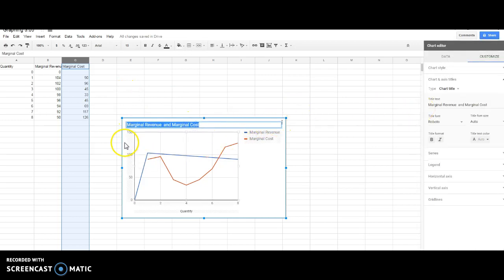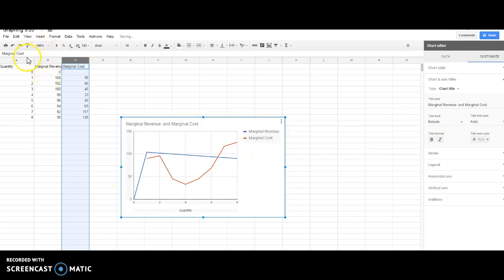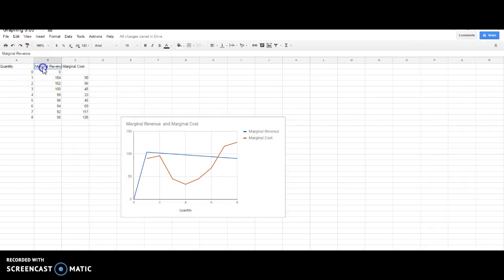Now, the only thing I don't have here, like you should have things like a title on your graph, and it comes up because of the columns that I have. Notice the first column A is quantity, column B is marginal revenue, and column C is marginal cost. So because I labeled them that before I actually made the graph, it actually comes out for me with a